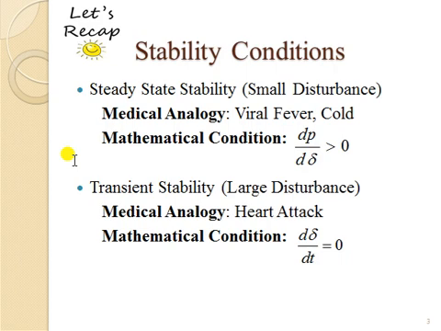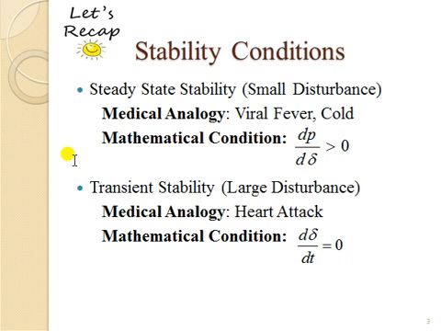Now for transient stability, you are already aware of this. Transient stability situation occurs only when there is some large disturbance in the system, and this is always equivalent to a heart attack to the human body. You have to rush to the doctor. Similarly, you have to take very quick actions to avoid any disturbance in the system, or to lose your synchronism in the system. Otherwise your system will stop. Ultimate effect is stopping the operation of the system.